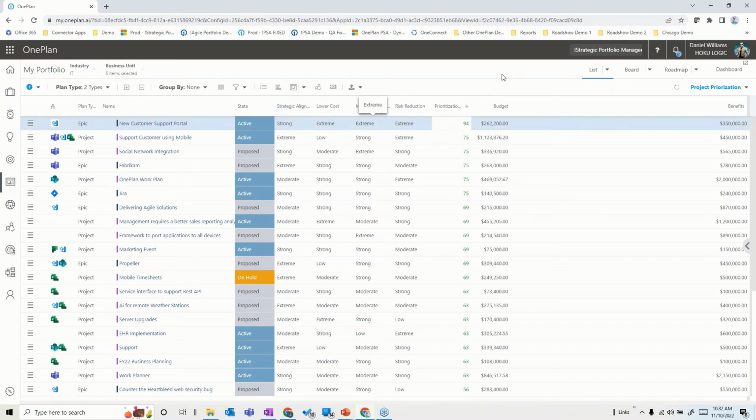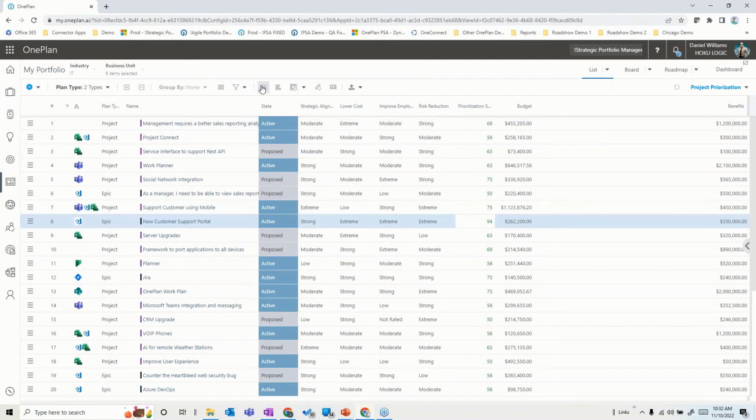If you have a prioritization mechanism or formula or structure that you use today, it can be configured here, not customized, but configured within OnePlan, so that your model, which you might be using in a spreadsheet today, can help derive the prioritization scoring that you want across the board. Okay. Now, if I also want to force rank, these are ranked from top to bottom by prioritization score at this point, but that isn't always what rules the day.